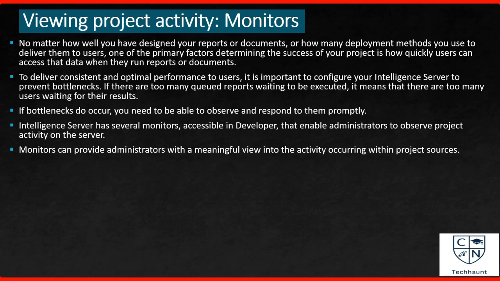Let's suppose there are too many queued reports waiting to execute. That means there are too many users waiting for their results. So of course that's a bottleneck, a kind of deadlock situation. So you need to be able to observe and respond to them promptly. Intelligence Server provides a variety of functionality designed to help you address possible bottlenecks, including the monitors and governors and the settings. Governors are the settings, those policies which apply at the Intelligence Server level as well as your project level, so that if you configure your Intelligence Server to not accept more than 500 requests at a time,